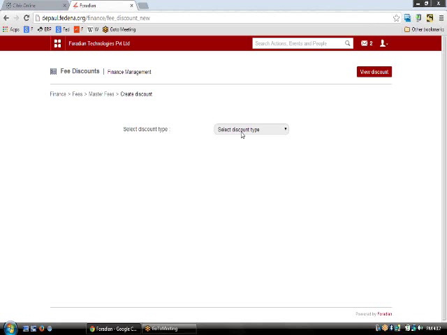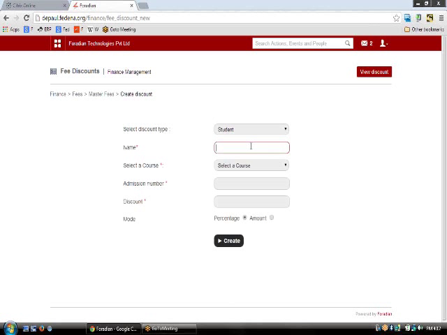The first way is the batch, the whole batch will be getting the discount if you choose this option. The student category, so you can select a particular student category who will be getting the discount, and then we have the student. So just by clicking on the student, you will be able to type the admission number to which this discount is to be applied here, and then typing the discount with the percentage and amount, you will be able to make some special discounts